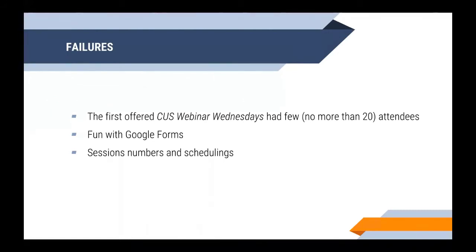Don't be surprised if your registration numbers are bigger than your attendee numbers. That's just the nature of the business. You'll get 150 people register, but maybe 50 to 80 will actually show up. Less if you offer archives and recordings, because people know that they can go back and get it later. That's not a failure. That's just actually advice.